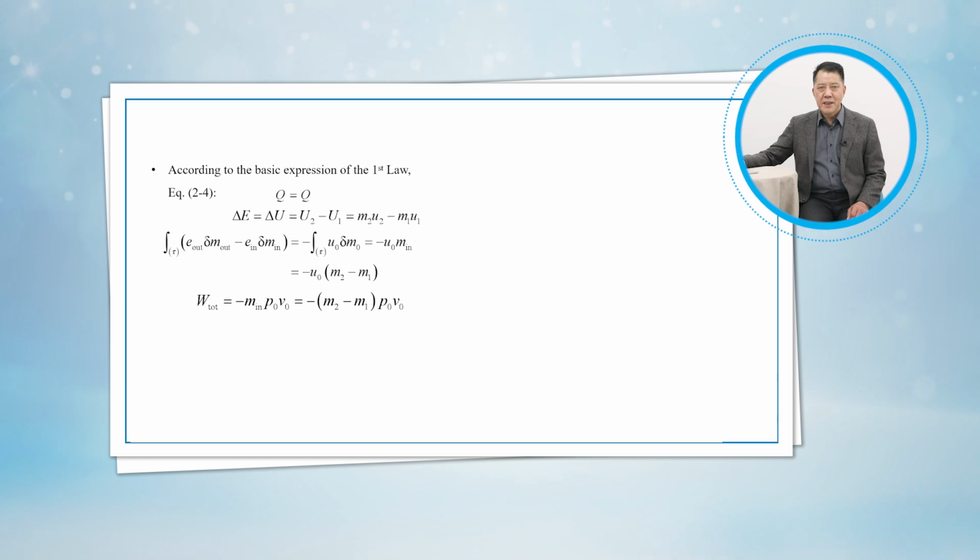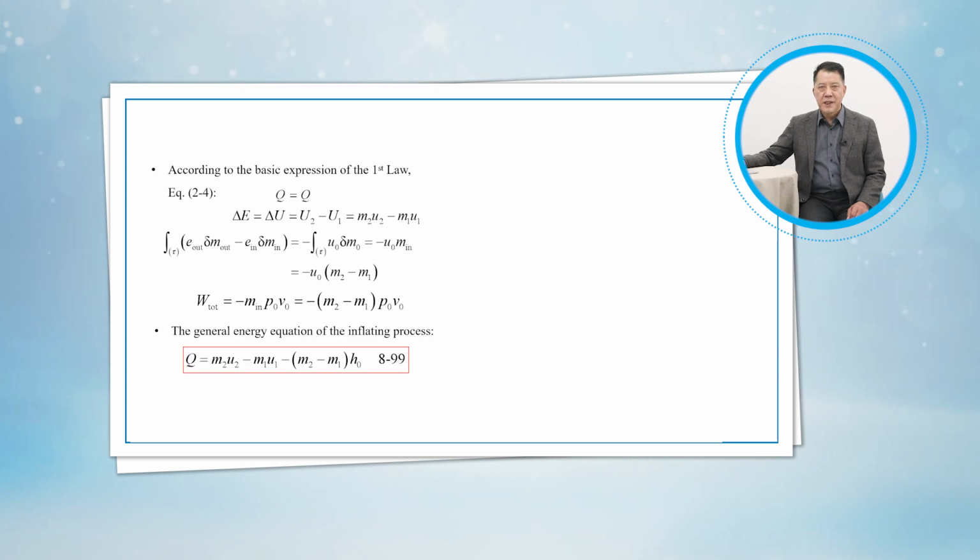According to the basic expression of the first law, that is, equation 2.4, we have the following expressions for the inflating process. We then have the general energy equation of the inflating process. This is equation